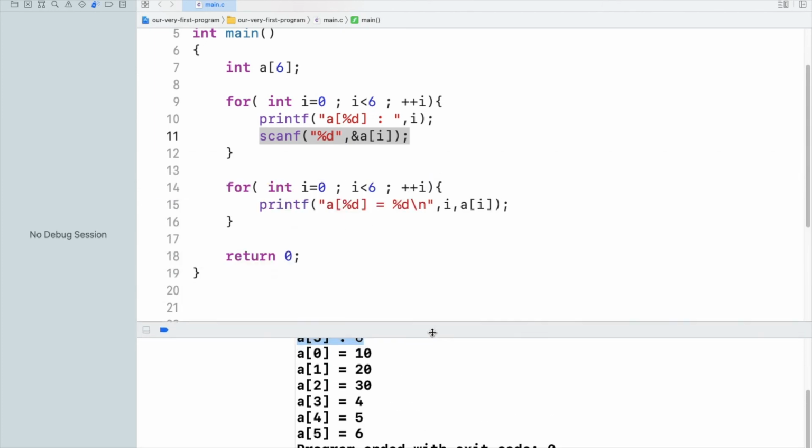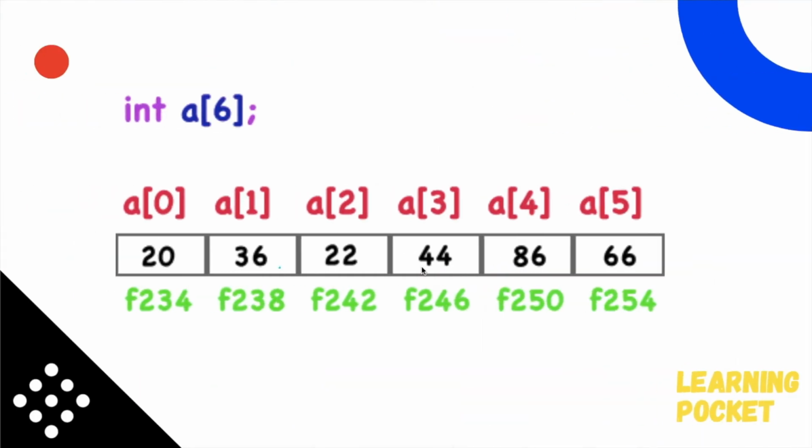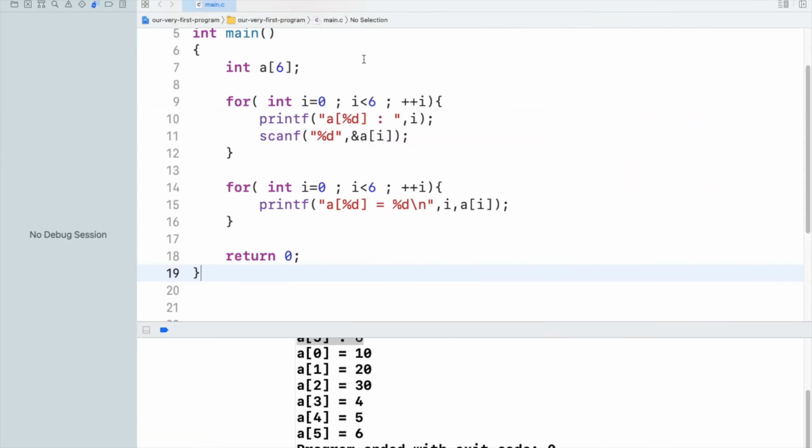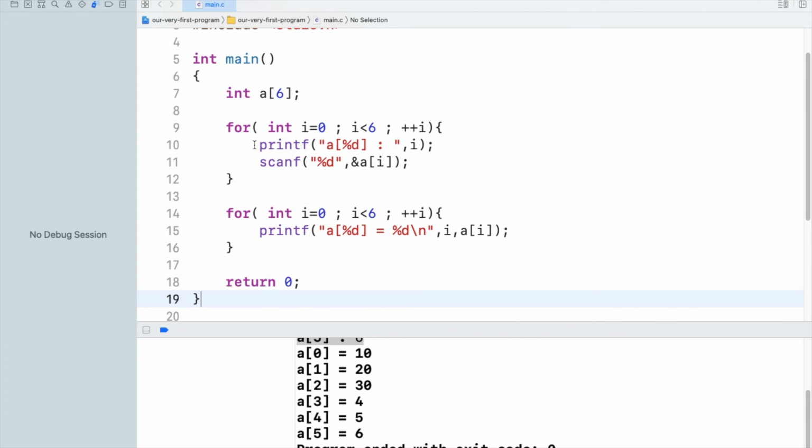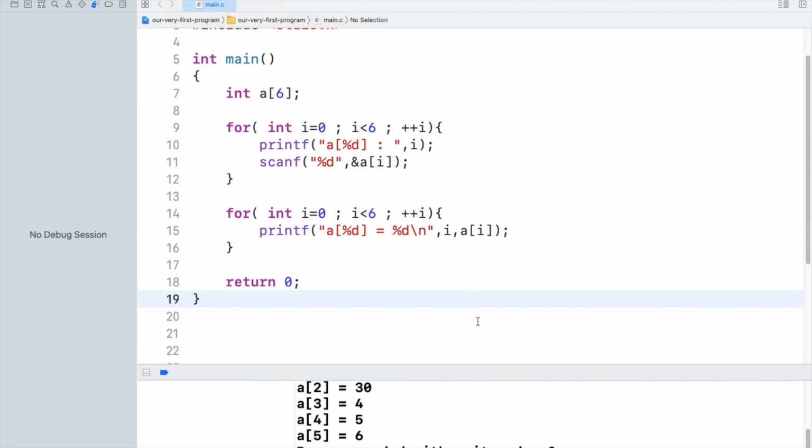So this was all about one dimensional arrays, how you can initialize them, how they are stored in a contiguous memory location, and how you can initialize their values within the declaration part, using a for loop, or using a one by one approach, or how you can print all the values, because using a loop is the most convenient way, and you can use any loop you are comfortable with. So this was all about one dimensional arrays.